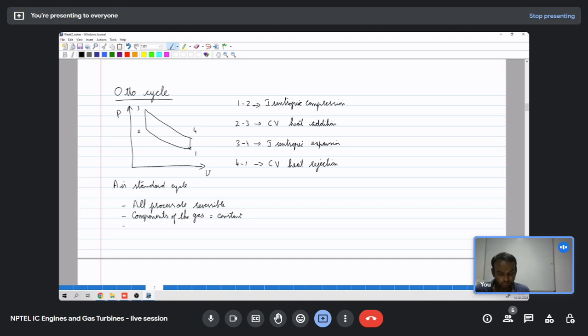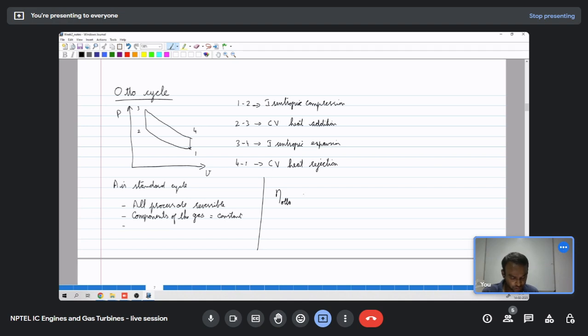There is no friction between the piston and the cylinder liner, and there is no heat transfer at finite temperature difference and so on. So with all these assumptions and these processes, we will get the efficiency of the Otto cycle